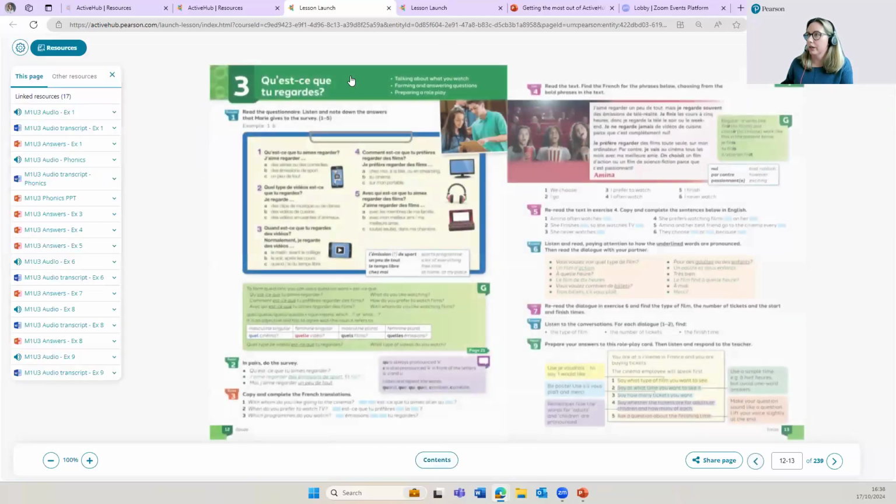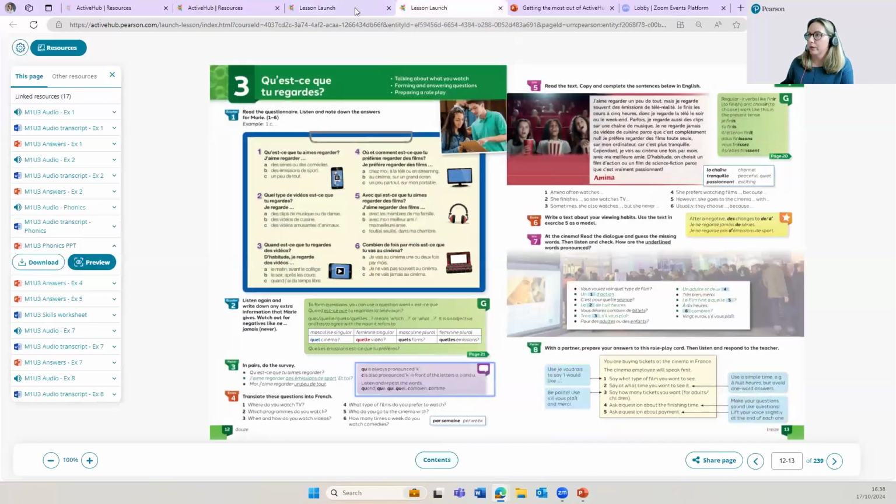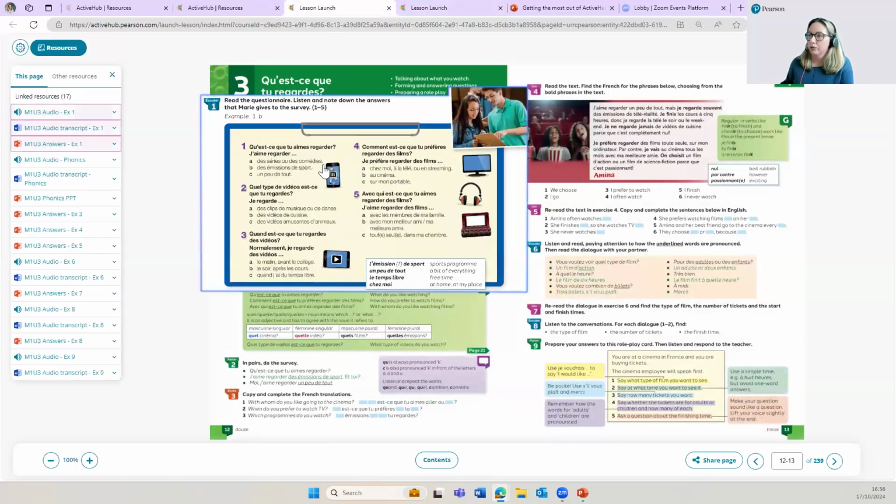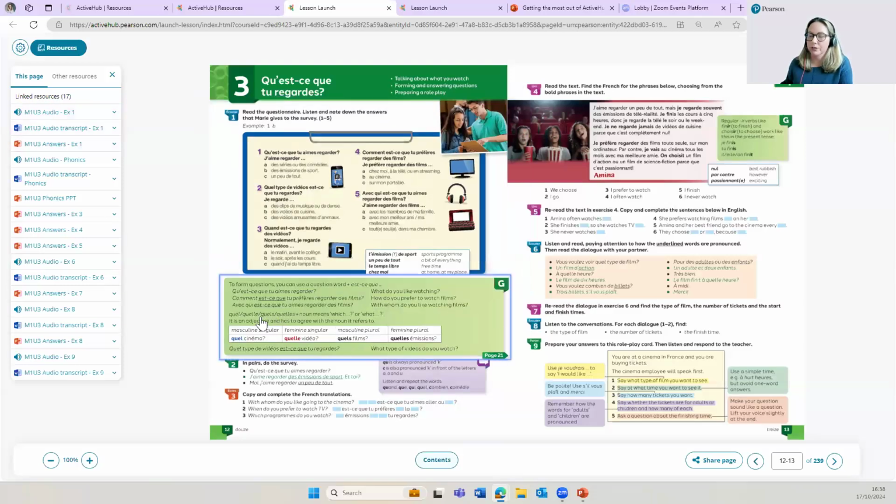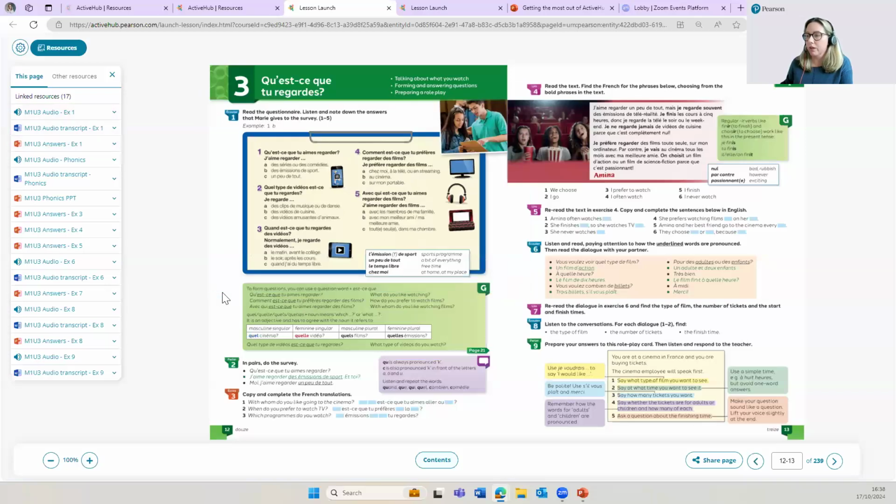Here it comes, okay? So I can toggle between the two here at the top, and it might be that I want to do this listening here just from the foundation book to start with. And then as we go on, I might want some of my higher students to be working from the other version. So there's a way that we can do this so that all students can see the relevant resources at